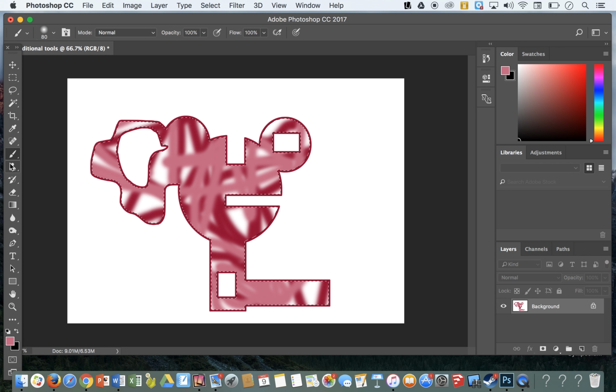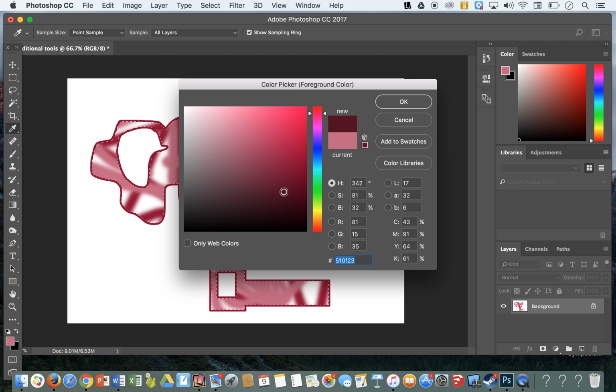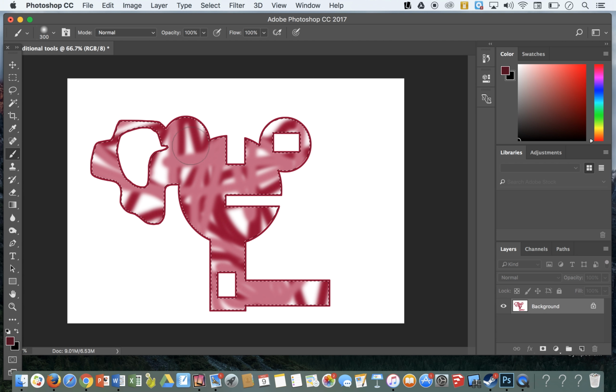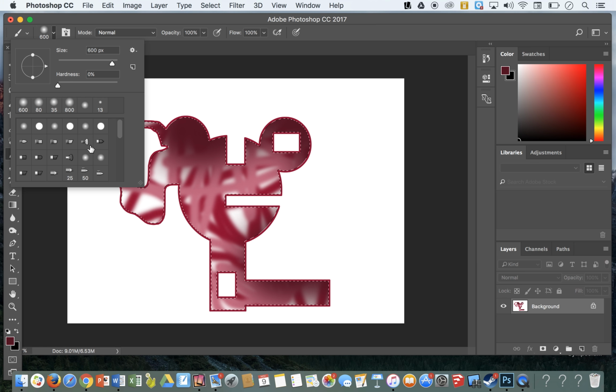Now we've already been using the brush tool, but I want to show you some different things that you can also use. One thing is to change the brush size. If you use the bracket keys next to the P button, you could go ahead and increase or decrease the brush size, and you can see it firsthand. And so I can make it really big and kind of shade around the edges. There's also different types of brush,